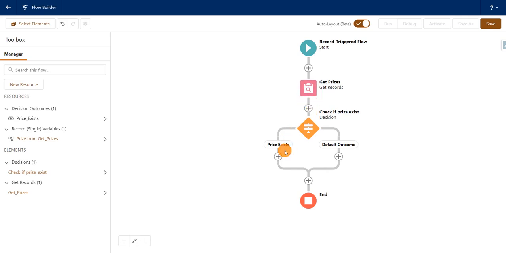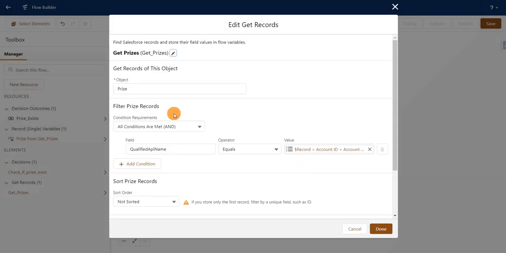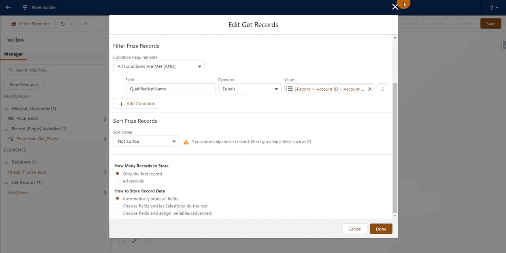So basically what we are doing here is, the first thing is from the opportunity we are giving the account, from that parent account we are getting the type, and based on the type we have to populate the amount in opportunity. Those price details are captured in custom metadata. So here we are getting the price details in this element called get records, and here we are getting all the price records from the custom metadata.